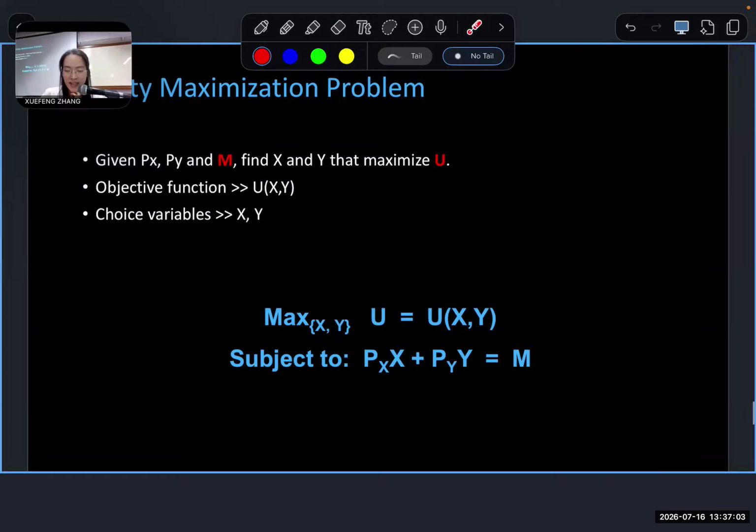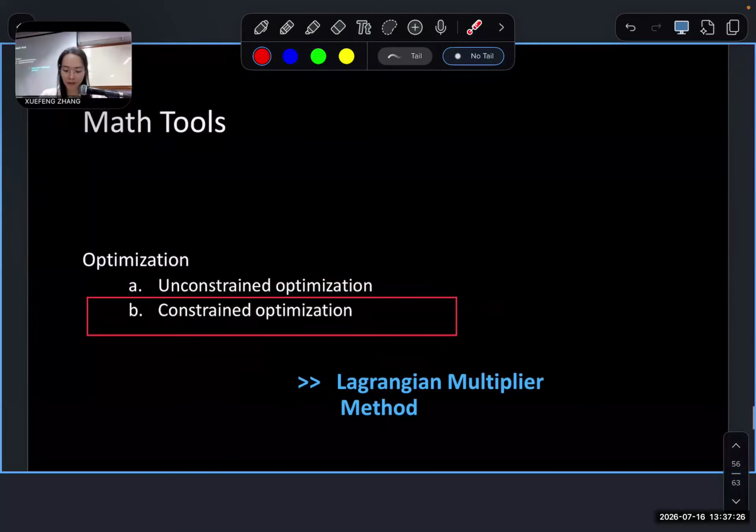So the real example would be you have 100 baht as your income, and there are two goods you want to buy. Let's say X is khao soi and Y is bubble tea. Basically, utility maximization is finding how much of each to buy to be happiest with your 100 baht. Again, this is constrained optimization, and we solve it with the Lagrangian.